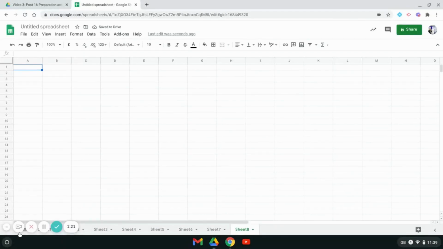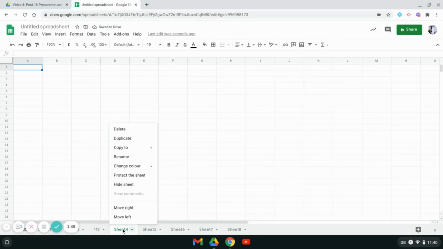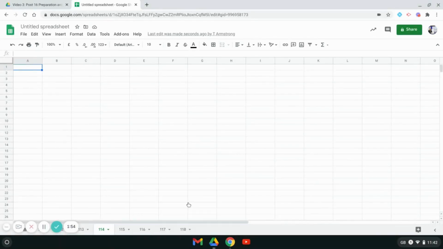And then I'm going to rename each of these by their corresponding tutor group. Okay, so I'll rename this one and we'll go back and do the rest. Rename that to 114 and so on. So these are all labelled, and I'm going to go back into